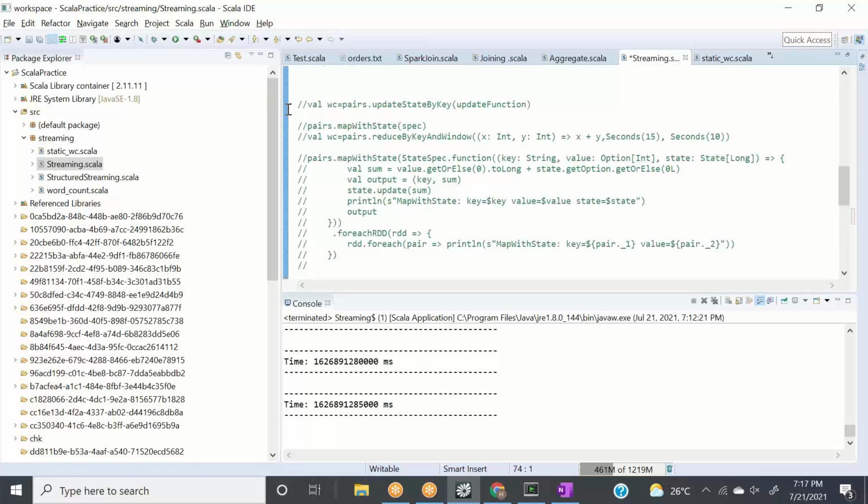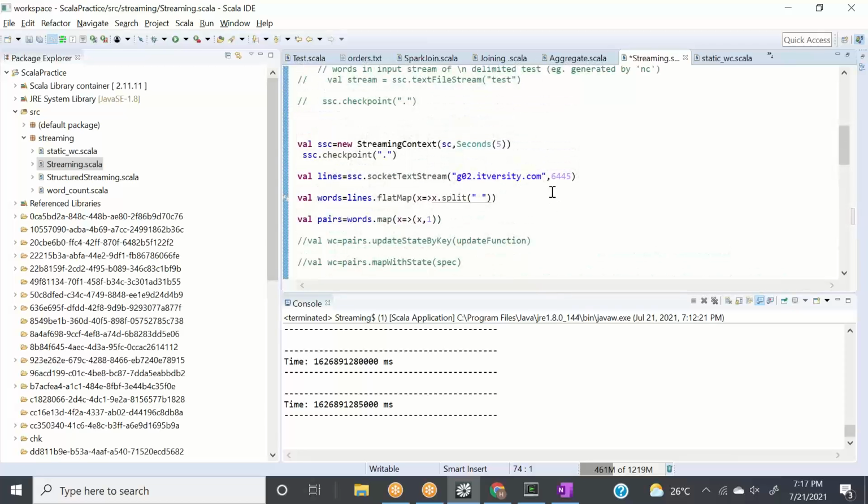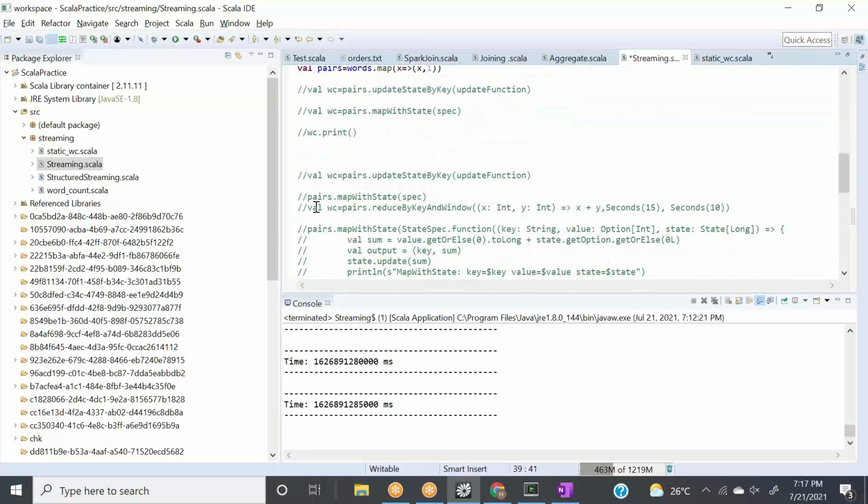Make sense? So let's say our batch interval is 5, right? Let's say if I only want to count the number of words occurred in every 15 seconds, it means our window size is 15, and we will slide the window every 5 seconds. So we'll move the window ahead. We will remove the old batch. We will take in the new batch. So every 5 seconds we are doing this activity, removing the old batch and taking the new batch. Okay.